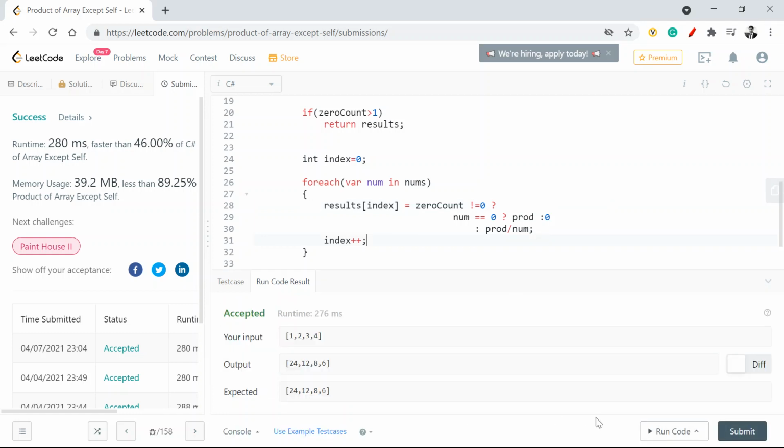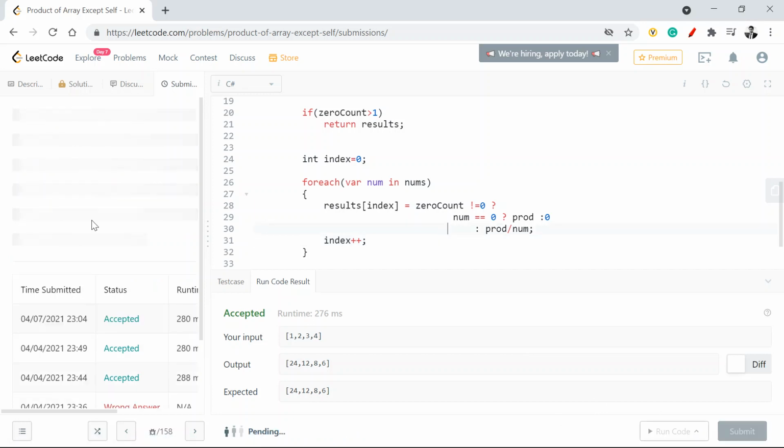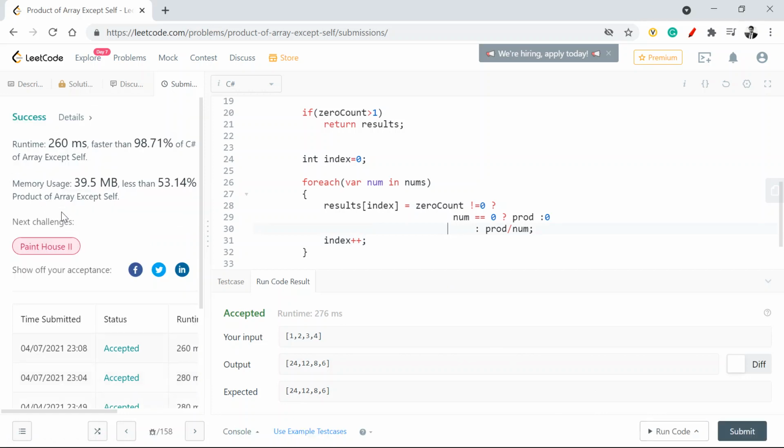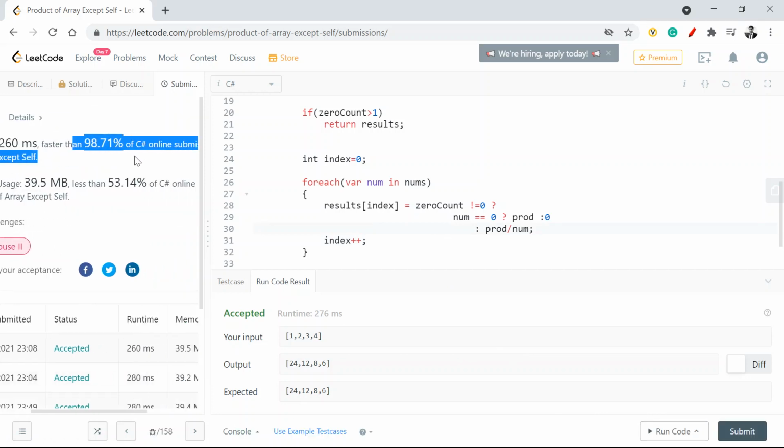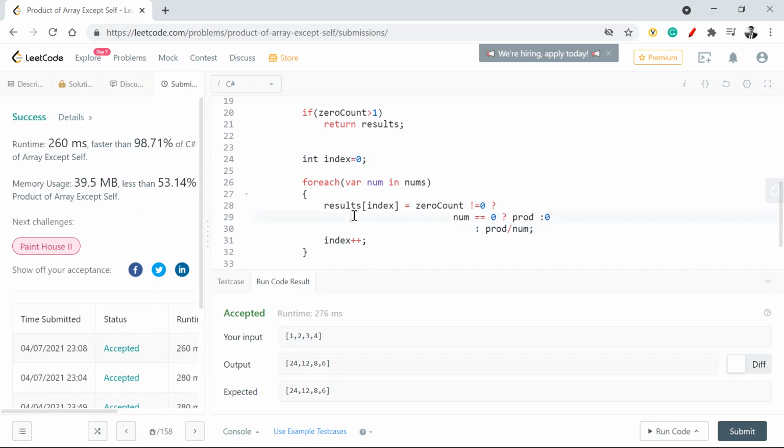It got accepted. Now let me submit it. If you see, last time it was 46%. Let me see if there's any improvement here or not. It got 98%. If you see the rise in the overall performance with this small tweak which we just did, right?